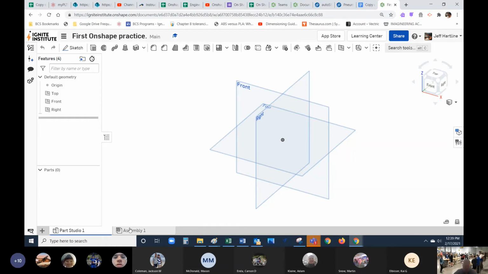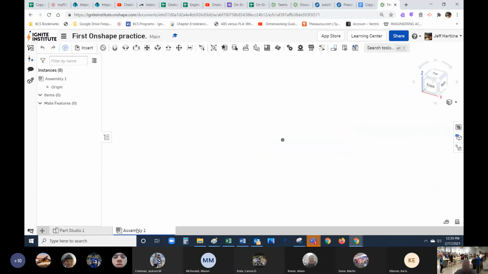Okay, so along the bottom is your tabs, and those are your different pieces or stuff. That's the different stuff that you have in this document. And again, I'll repeat this again. Document means folder, or document means container. Okay, so here's what's in my document. All right,